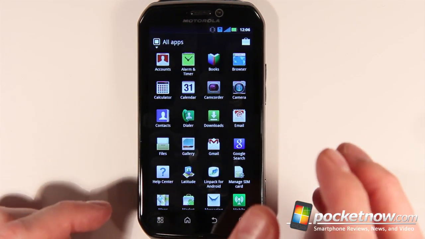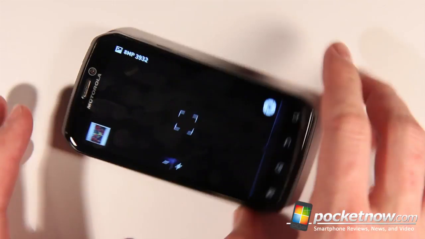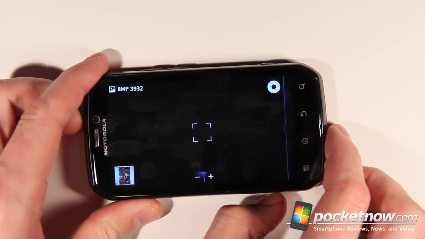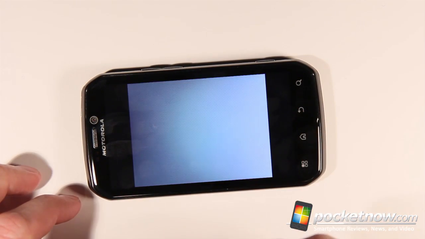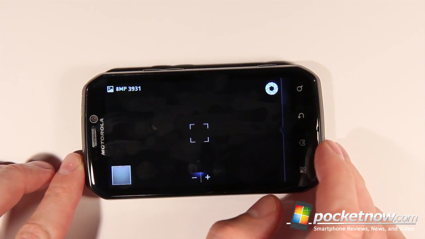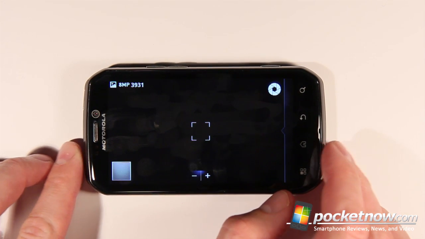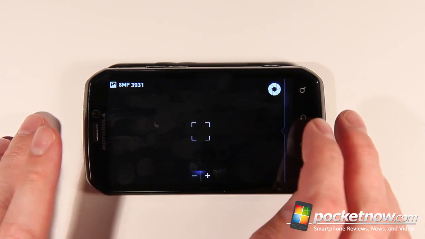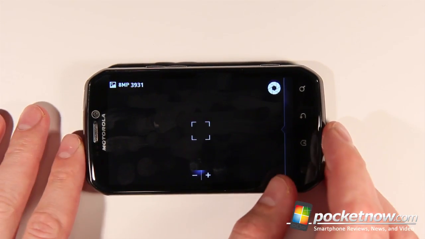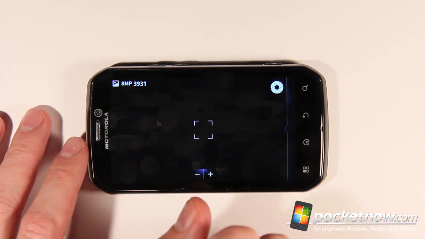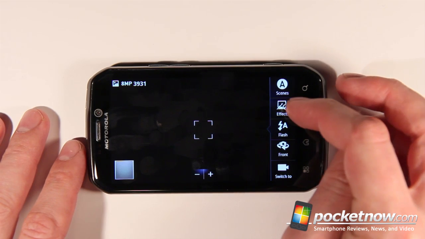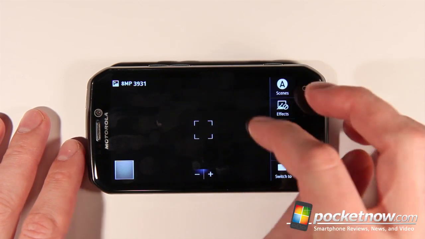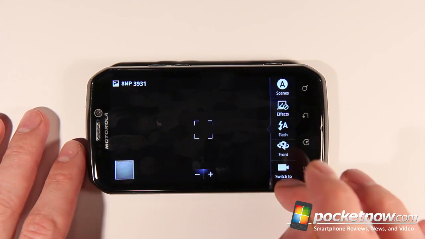As for the camera and the camcorder, there is no way to turn off the shutter sound. Every time it takes a picture, you're going to hear the shutter sound. There's no setting to turn it off, and I've checked several places to try to disable it. Unfortunately, it doesn't exist as far as the built-in camera app. There are some settings available as far as scenes go and effects. You can turn the flash on and off, you can rotate the camera, and you can switch the camcorder here